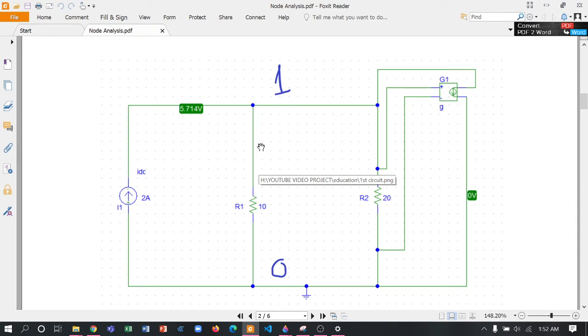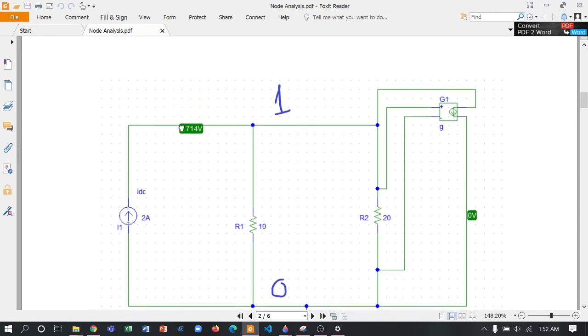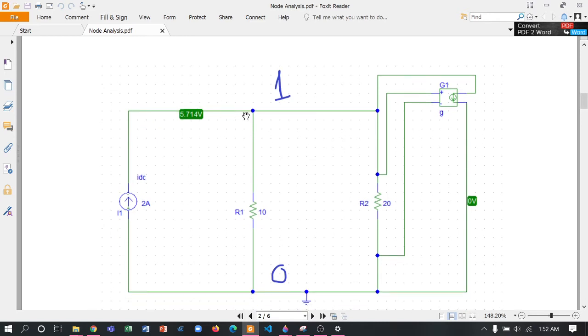So here just imagine, a current goes from here to here, and then a current goes from here to here, and then a current goes from node 1 this way. So firstly the current goes from node 1 to node 0, then the current goes from node 1 to node 0 this way, and the current goes from node 1 to node 0 this way. So we have the